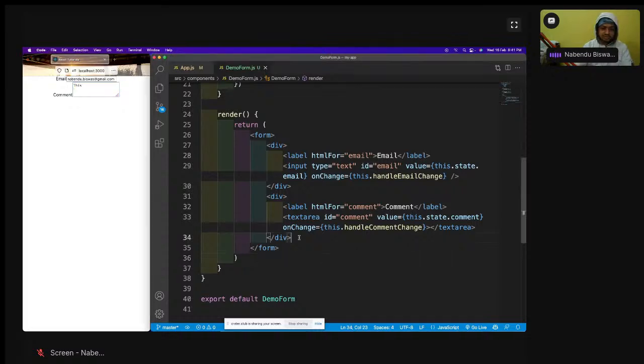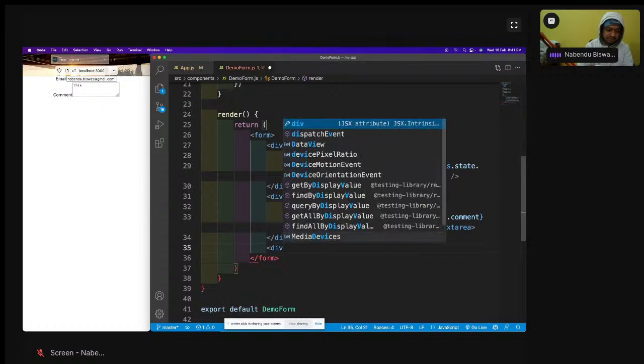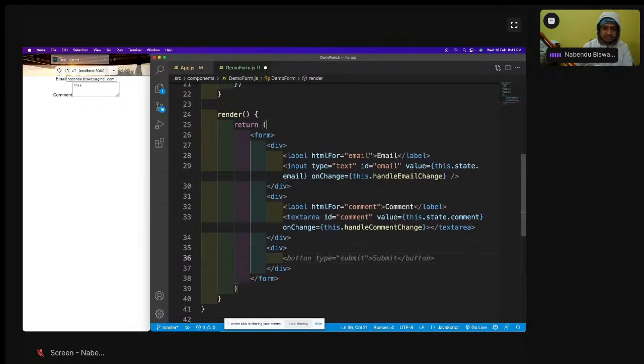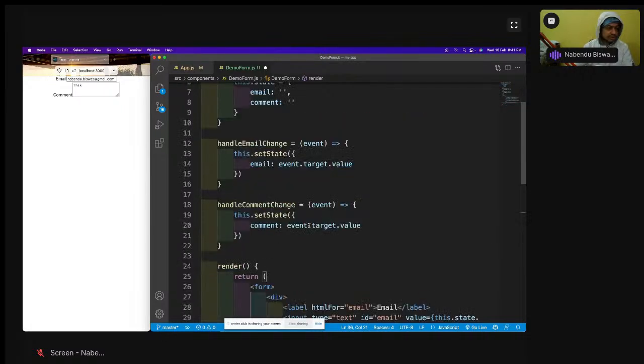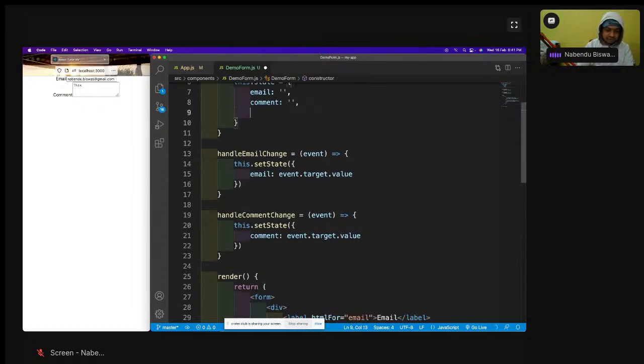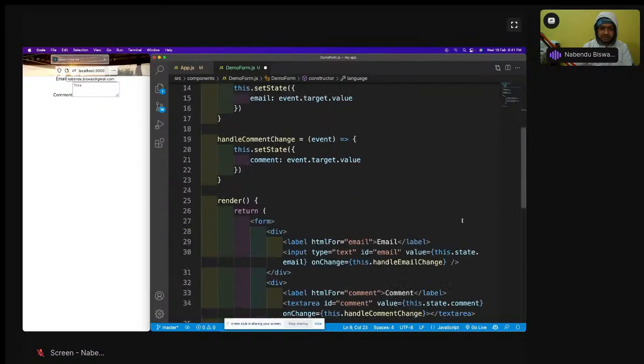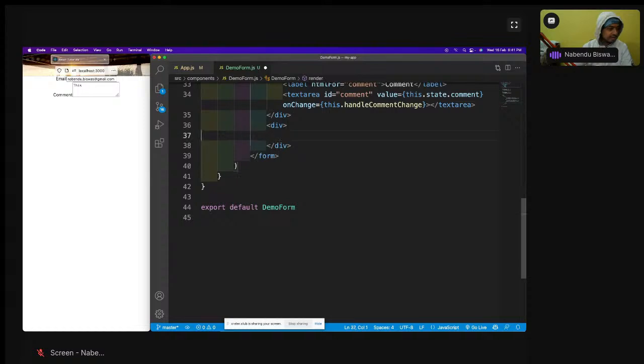So again with this, I'll have a div, and for that drop down I will have something as language, and here I will not have an empty string. Here I will have something as React. Okay, so this I am having here. Now in the div I'll come back down here, and then here